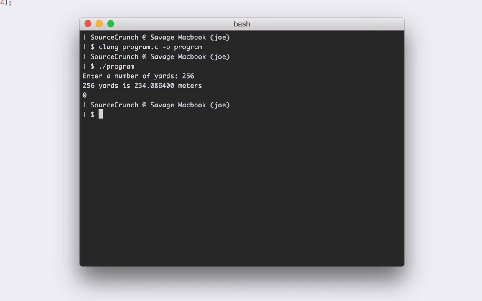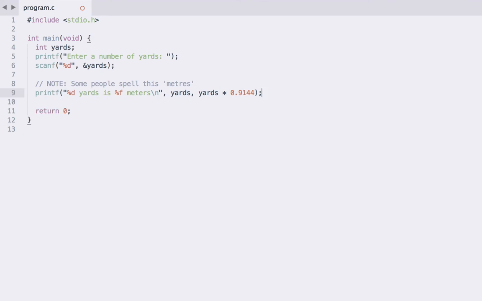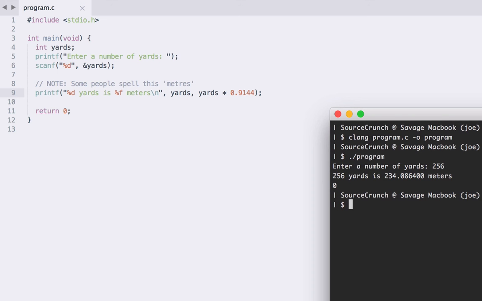Essentially what we've done in this case is we've taken the integer variable yards, which on my machine happens to be 32 bits in length, and we've thrown away those 24 upper bits to be left with the 8 bits at the bottom. So that's really all I had to say in this video. Let's just delete that. I'm sorry it's been a bit of a bitty video, but there are just a few very important concepts that I felt I had to cover.